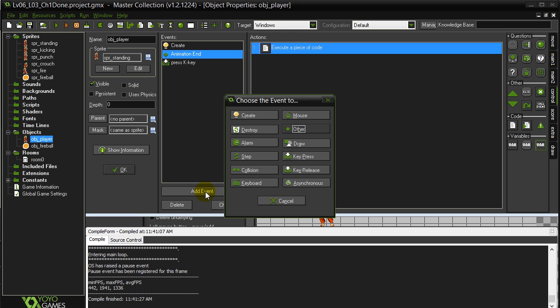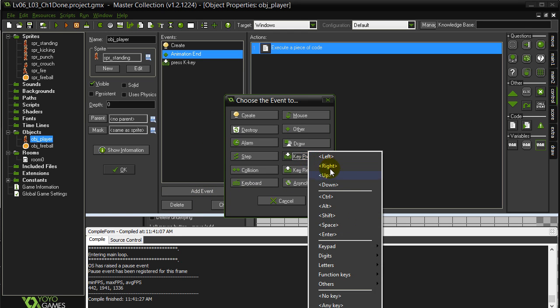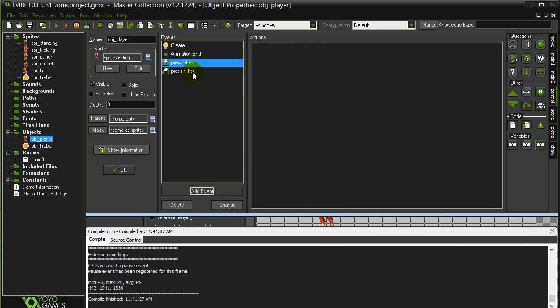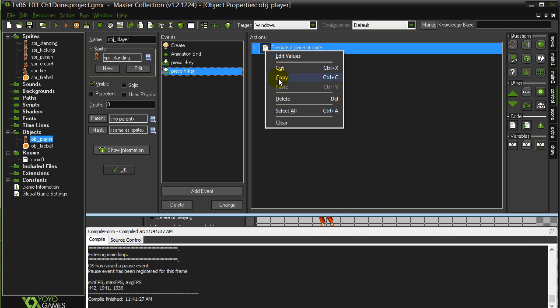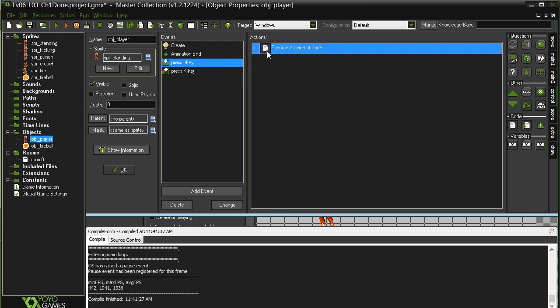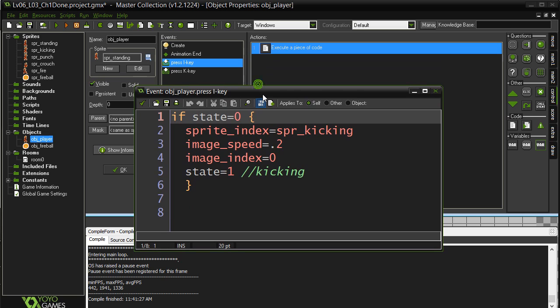So let's add event, key press, letter. Now I'm at K for kick. Seems like a weird letter, but I is right above the K. That could be a good one for punch. So I'll do letter I. And you know what? It's basically the same code as the kick. So I'll copy paste, save a bit of time, and it's the same idea. If I'm in a state which knows I'm standing, I'm going to start to,